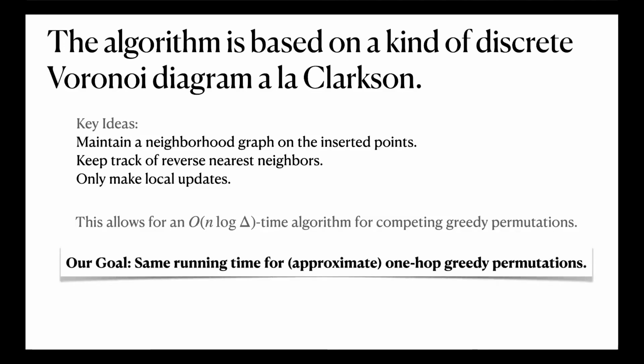Now, our goal is to get this exact same running time asymptotically for one-hop greedy permutations. So we're going to not just blindly take the greedy choice, that is, not just take the farthest next point, but then do this local search and still get asymptotically the same running time. And it's not at all obvious how to do this. And in fact, doing it exactly is still an open question, but I'll show you how to do it with